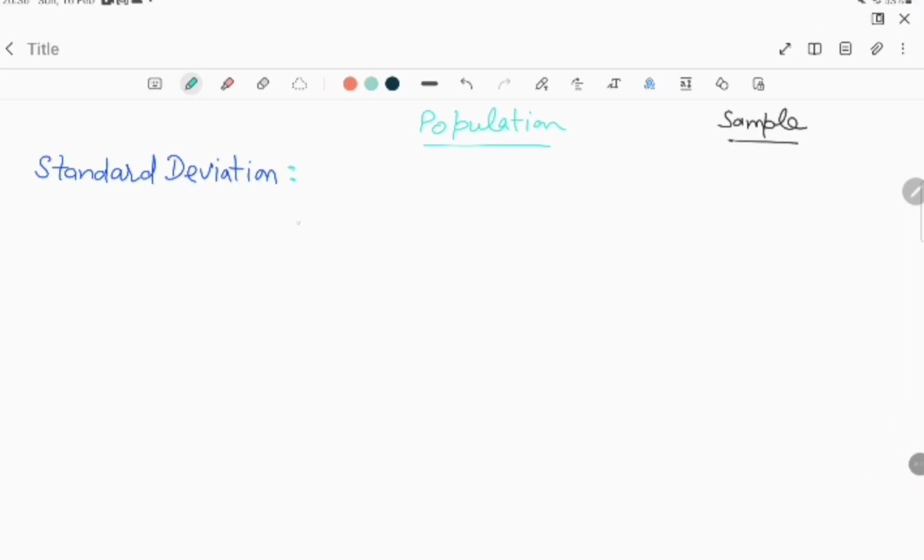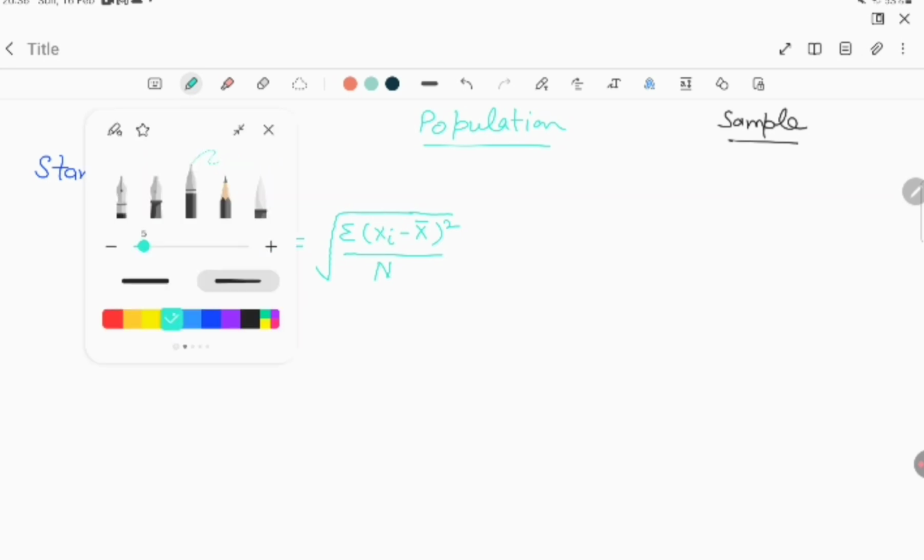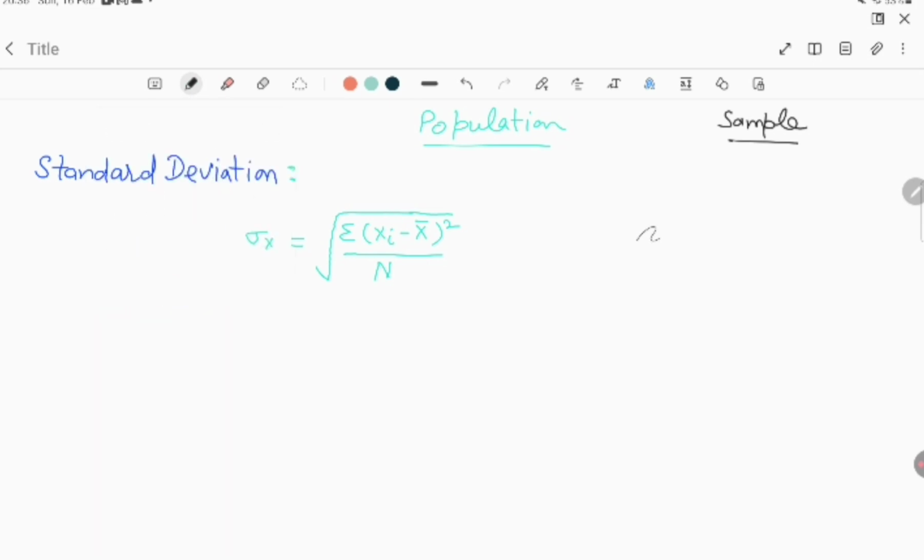Population standard deviation is denoted by sigma. For example, sigma x, the standard deviation of x, is equal to the square root of summation xi minus x bar, squared, divided by n, the number of observations. And the standard deviation of a sample is denoted by small s